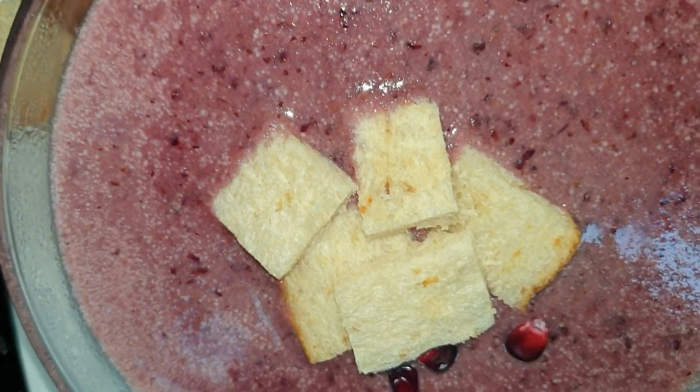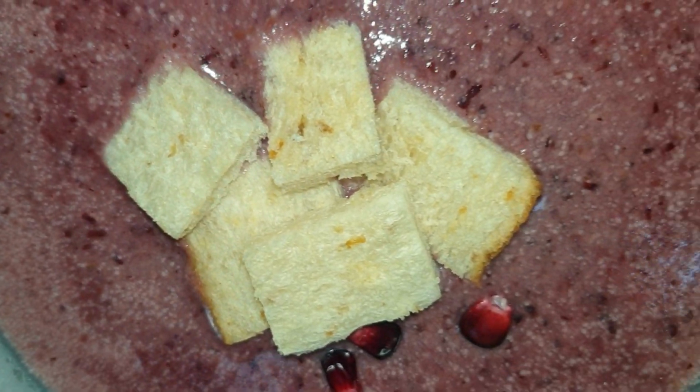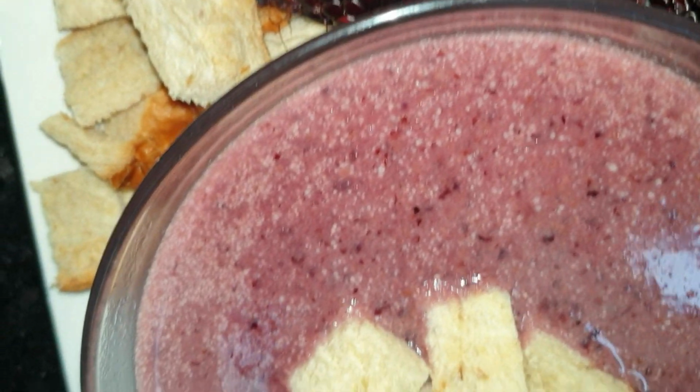Now this is my porridge. I'm ready to just go ahead and have my breakfast. I'm having this with some wheat bread. You can add any bread you like, or crackers, or anything that you like to actually have your porridge with. This is